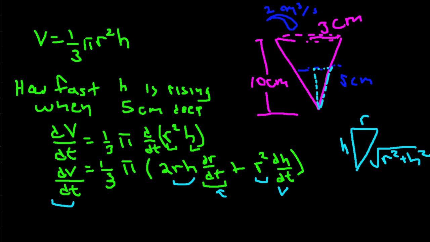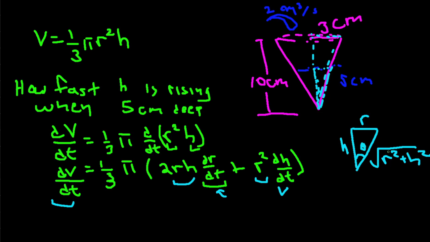Maybe we could use similar triangles? Maybe I can linearize the radius in terms of the height. Oh, that makes a lot of sense. Okay, so what we can do, we know that this angle here, let's call